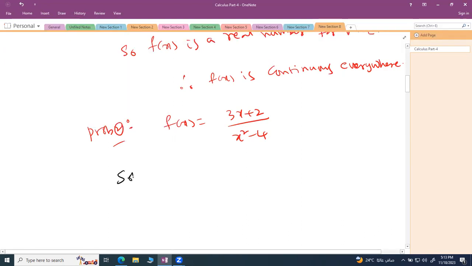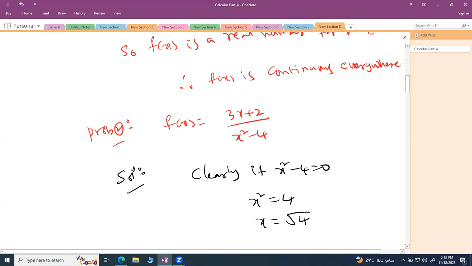Solution. In this problem, clearly, if x square minus 4 equal to 0, x square equal to 4, x equal to root 4,